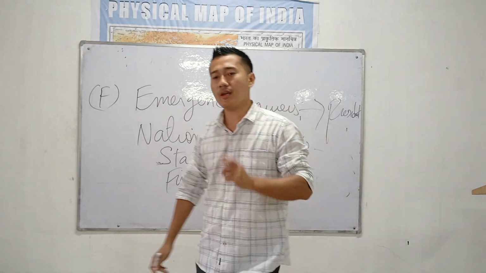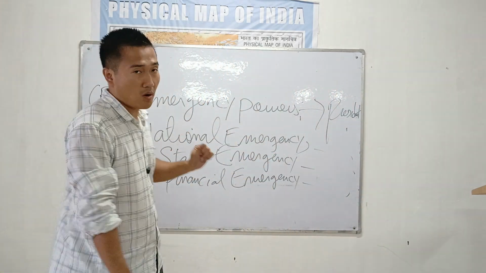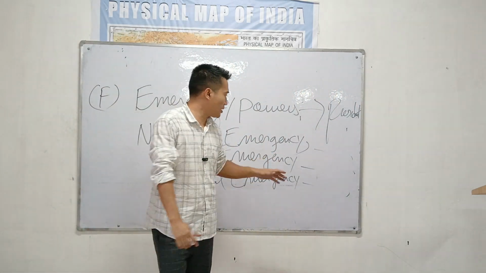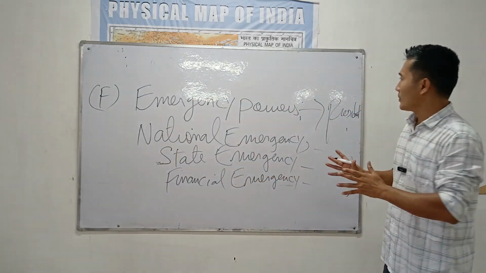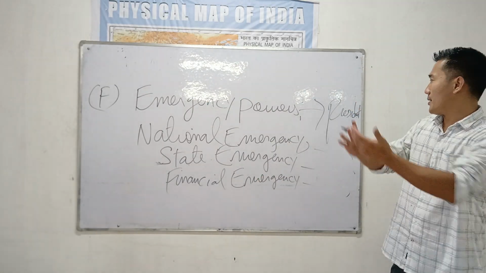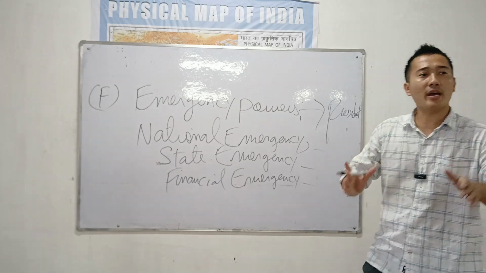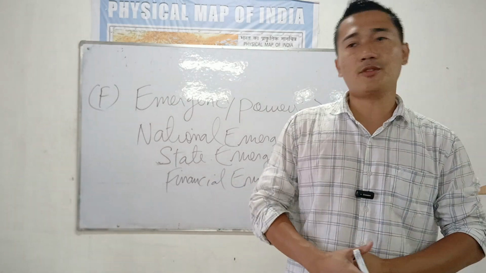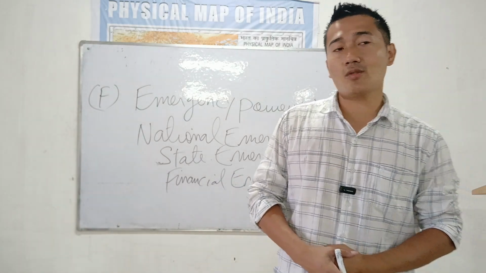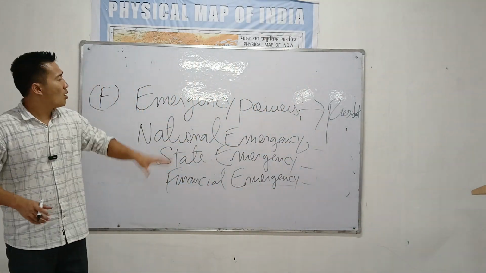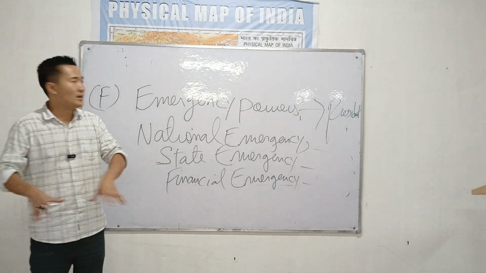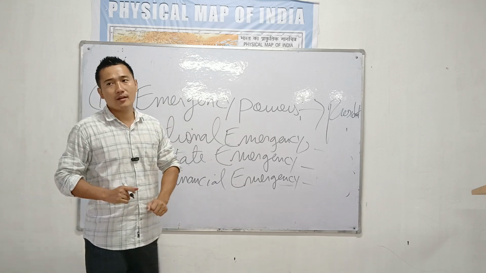All these three emergency powers I will discuss tomorrow. We will discuss the emergency power of the President tomorrow. So remember, it is the President who will declare the emergency. It is the President who can stop the emergency after an approval of the Parliament. Emergency is also declared in the name of the President of India. So all these are in the hands of the President of India.